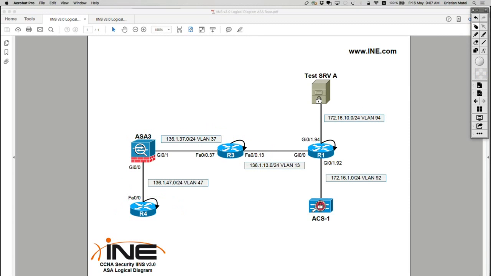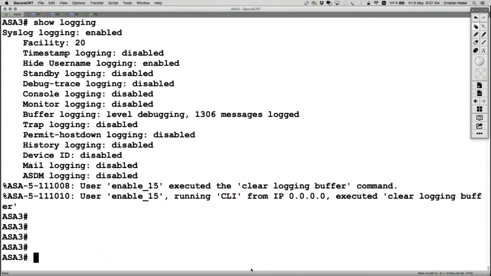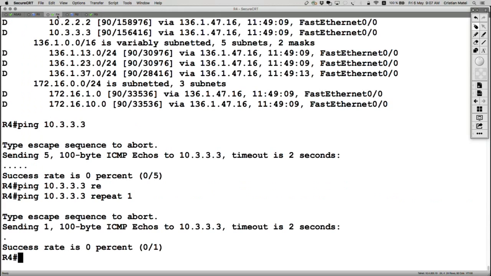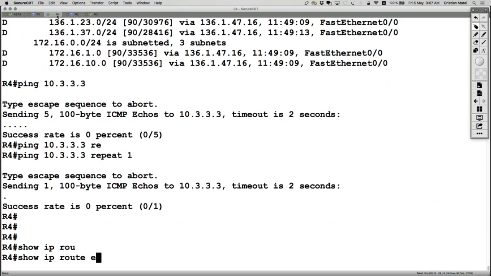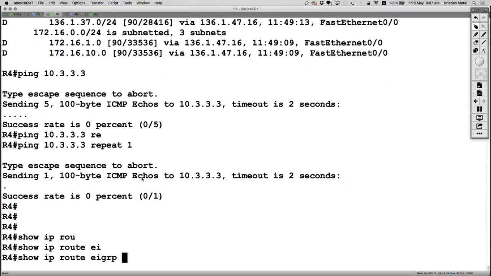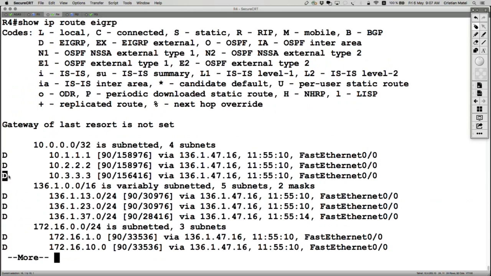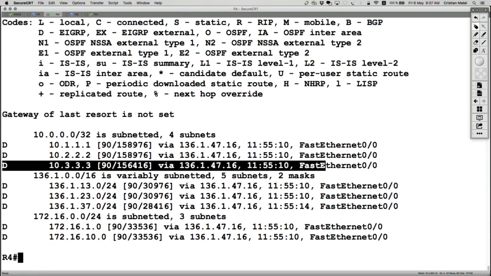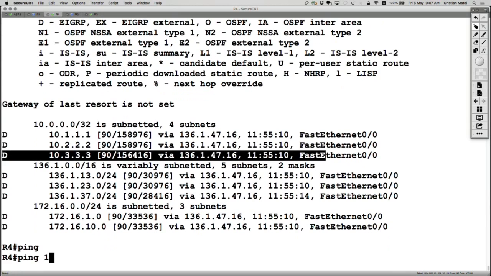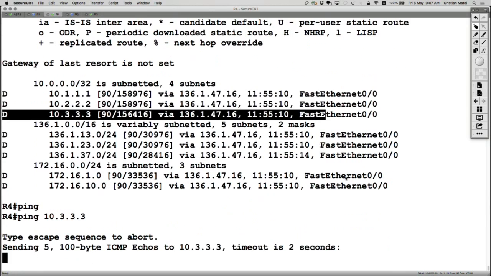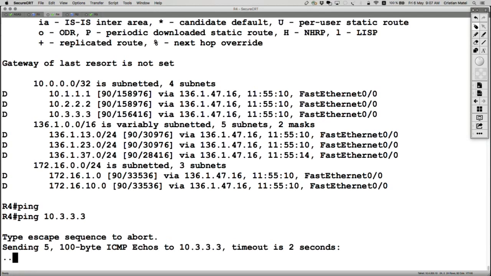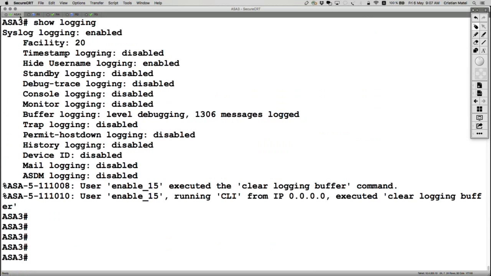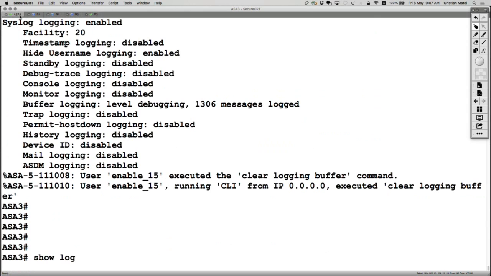So let's go on router 4 in here, and if you say show IP route IGRP, we have a route, for example, for the loopback of router 3 through the ASA firewall. So if we say ping 10.3.3, that traffic doesn't work, and if you look on the ASA logs in here and we say show logging,